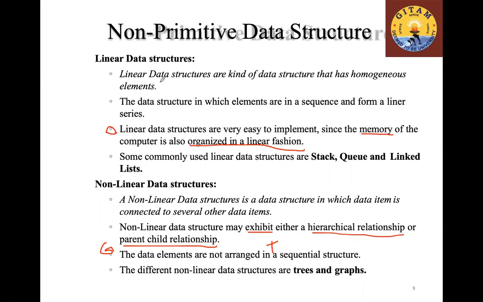Coming to non-primitive data structures, linear data structures: you can see the memory of the computer is organized in a linear fashion. So linear data structures have a higher authority compared to non-linear data structures. Higher authority in the sense that they are proud of themselves, and it is very easy for us to handle the linear way. Remember, I think I told you the construction of a RAM, how each RAM cell will hold a bit, and how the bit functioning will be.